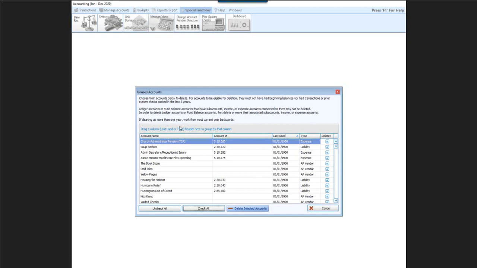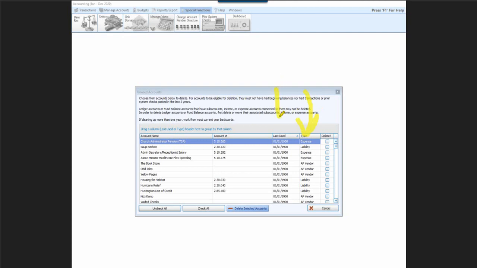Now, one of the things I want to point out is a few things. Let me get out my highlighter again. So right here, with the delete box. Now we're not going to delete all of these, so let me uncheck all. And then we're going to go back up and grab our highlighter because I want to point out a couple of things. Notice also to the left it says type. So it tells you the type of account that each account is.